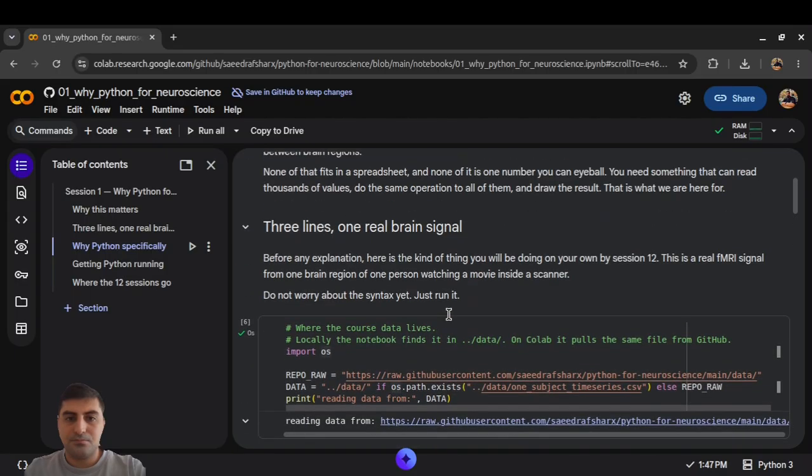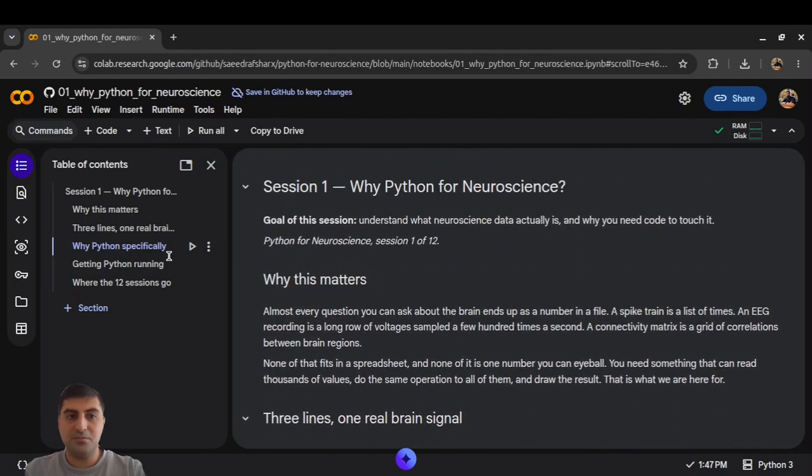So, that would be it. Just a quick map, so you know what you are actually signing up for. Sessions 1 to 4 are about Python itself. I will discuss variables, decisions, loops, functions, and how to hold data properly. Every example comes from neuroscience, starting with the first line. Sessions 5 to 7 are the scientific stack, like NumPy for arrays, pandas for tables, and plotting done properly rather than